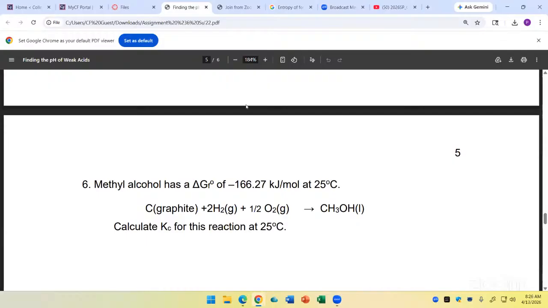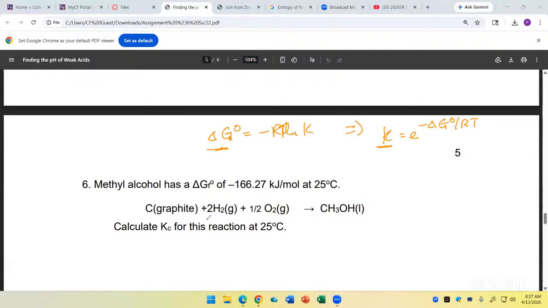I think this is the third time I'm going to say this. Delta G standard is equal to minus RT ln K. This is one way of expressing it. Another way of expressing it would be K is equal to e to the minus delta G standard over RT. These are two ways of saying the same thing. This you'd use if you want to calculate delta G, and this is what you'd use if you want to